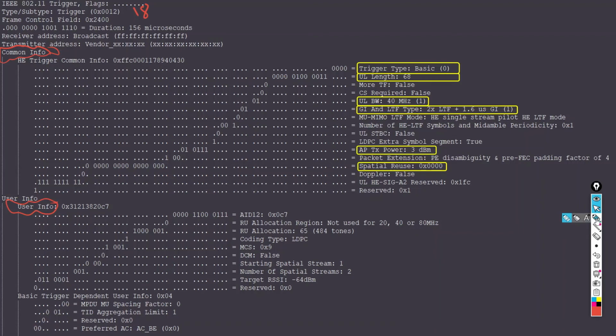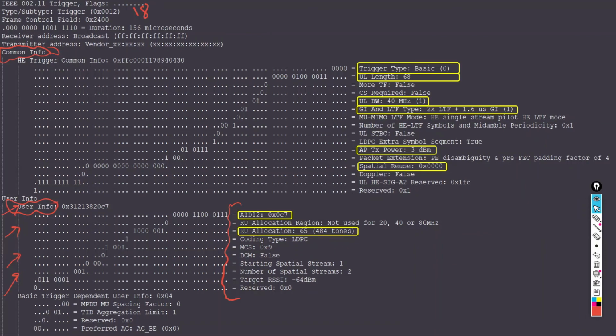Usually, if you have, let's say, 4 users, you would find this section replicated 4 times, and it will contain different values per user. Okay, so now the access point under the user info specifies the association ID of each user, as well as the resource